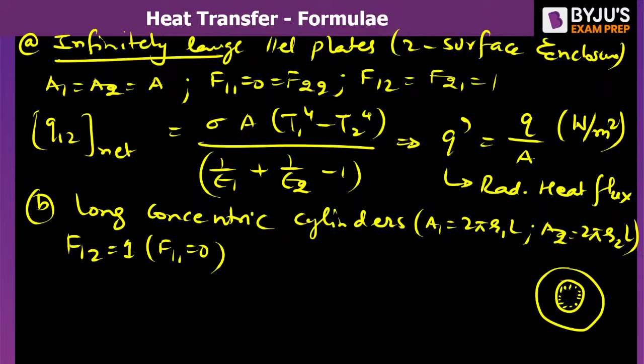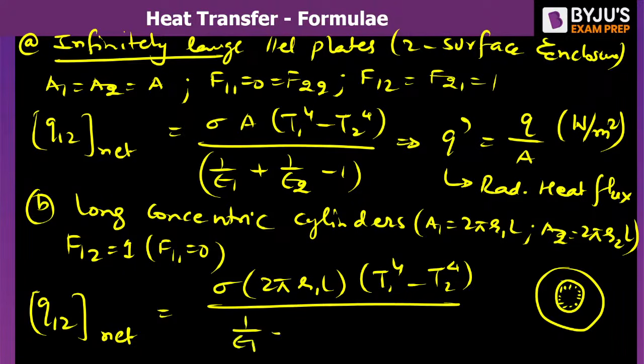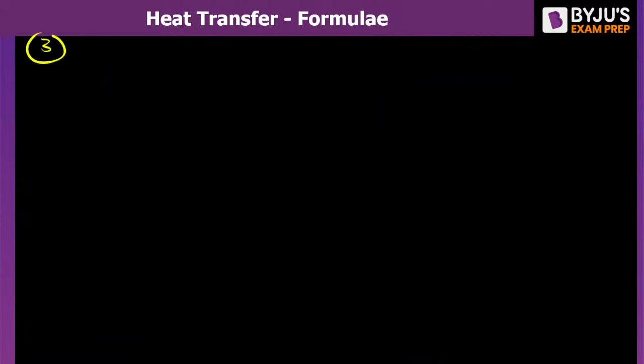So Q122 net can be written as sigma into 2 pi R1L into T1 to the power 4 minus T2 to the power 4, divided by 1 upon epsilon 1 plus R1 by R2 into 1 minus epsilon 2 upon epsilon 2. That is the expression. And similarly for a hollow sphere or concentric spheres,